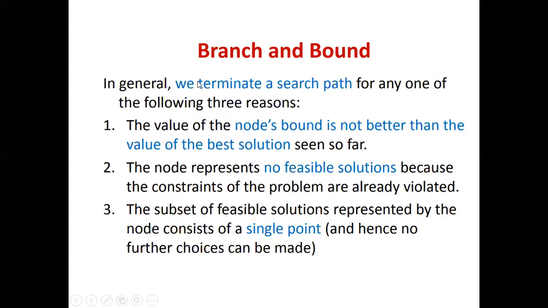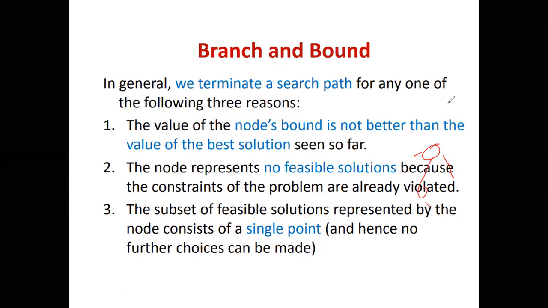Before that, let me talk more about branch and bound. What is this branch here? It has been divided into two words. The branch here is nothing but a way in which we search the state space tree. We very well know what a state space tree is, right? It will be something like this, where you will have some nodes. How are we branching from one node to the other node? The way of doing this is a branch, how we are searching in a state space tree. What is this bound? Bound is nothing but the bounding function, checking for a bounding function. That is what a bound is here.